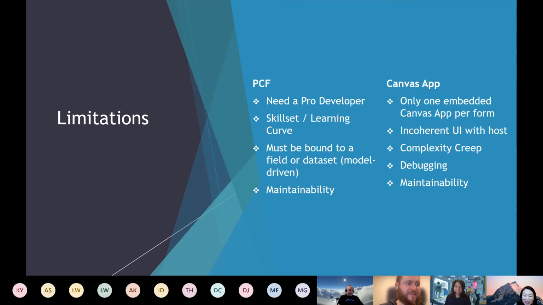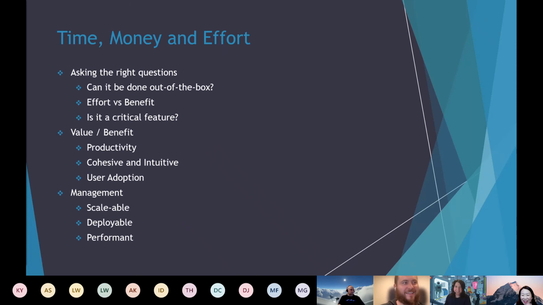Okay, let's go to the next slide. Yeah. I think we're pretty much getting there, and this slide you wanted in here, so yeah, it's not going to be a boring consultant, right? I suppose I've alluded to a lot of this stuff already, but it's about asking the right questions when you go to tweak the UI. So can it be done out of the box? Is what you can do out of the box enough? And I like asking those hard questions.